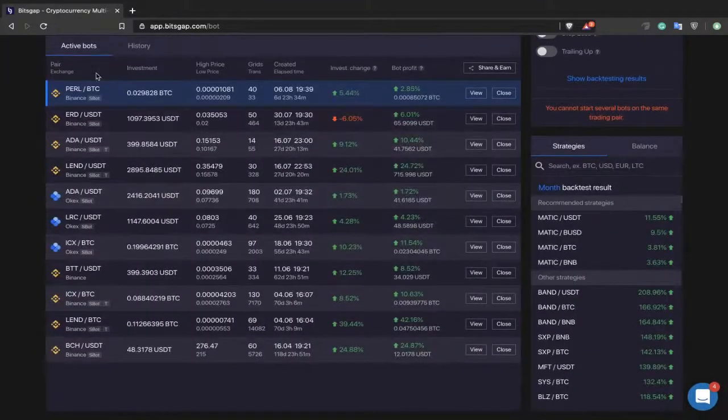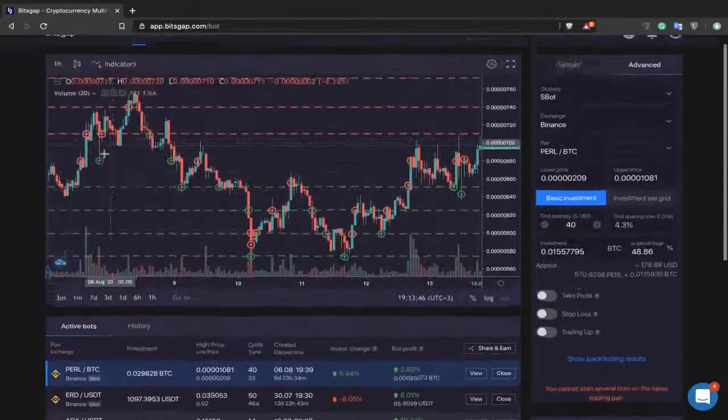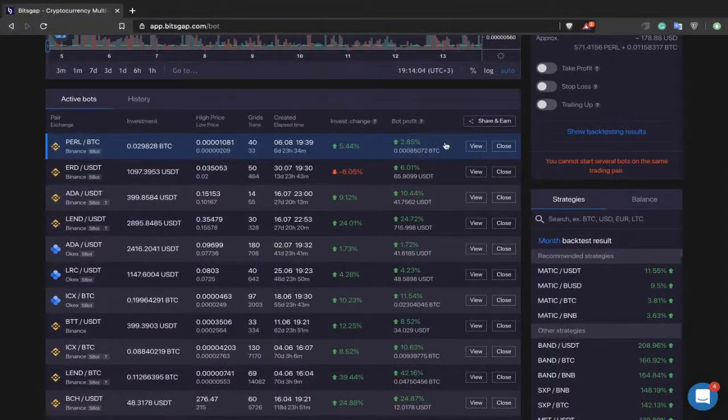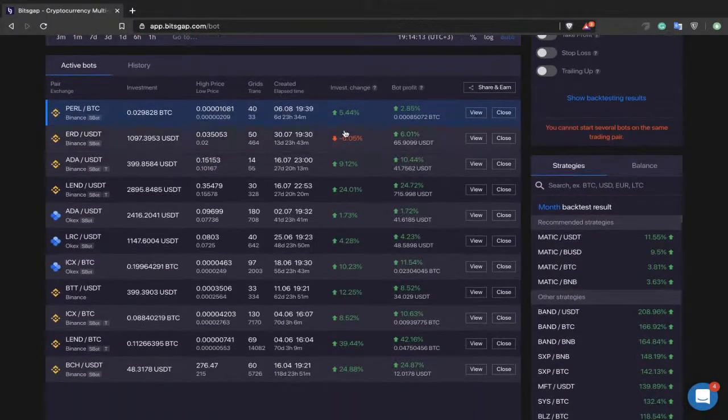You see the amount of active bots that I currently have. On the left side, you see the investments allocated to each of the bots. You see the cryptocurrency pair and some of the key metrics like investment change and the bot profit, which we will cover in 6 minutes. So stay with me. I have a separate slide to explain what makes bot profit different from the investment change and what actually unites them, and how to use these metrics, and how not to get frustrated when you see some